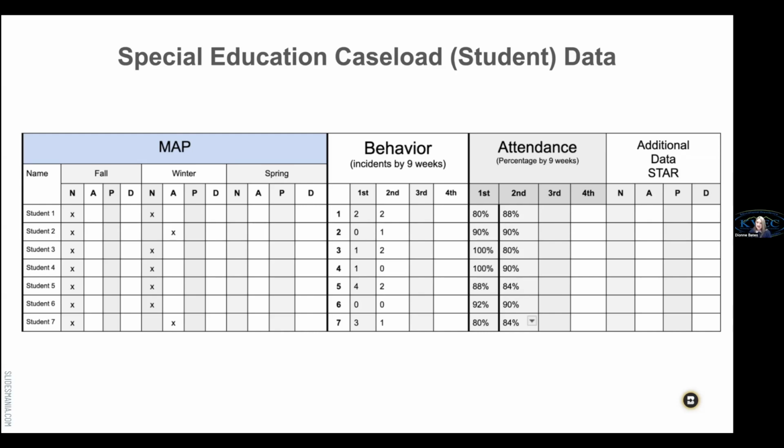And so this particular special ed teacher was trying to learn how to drill down. She had never taken that benchmark data and broken it down like that with the fall, the winter, the spring, bringing in those behavior incidents and looking at that attendance overall. So if this school was a TSI school or a CSI school because of disability, that's pretty telling information, right? That gives us a lot of information about how that particular group of students is doing.